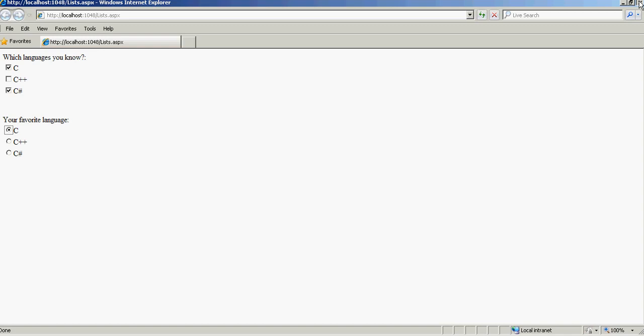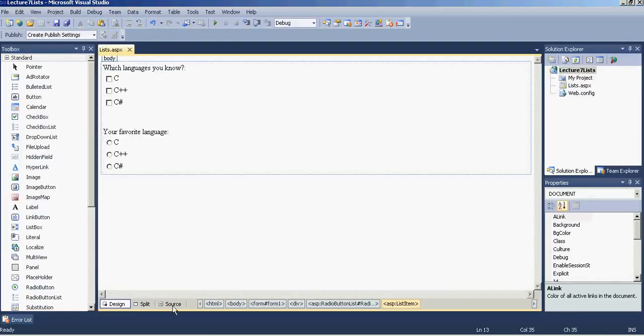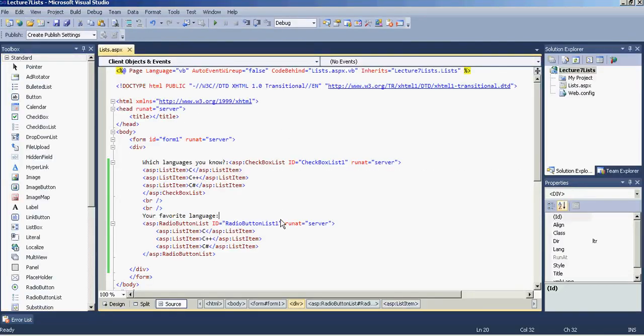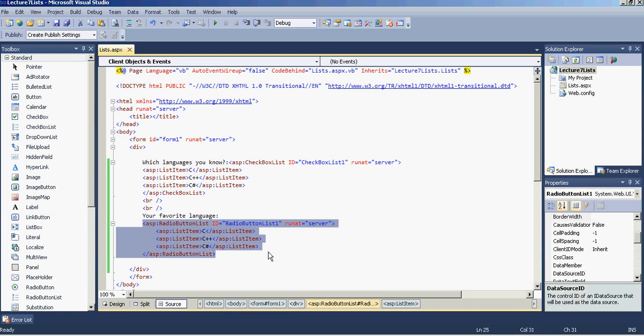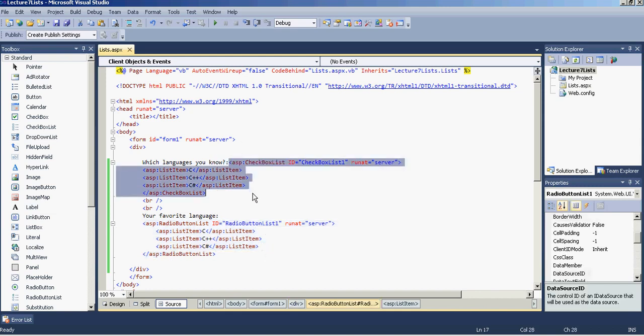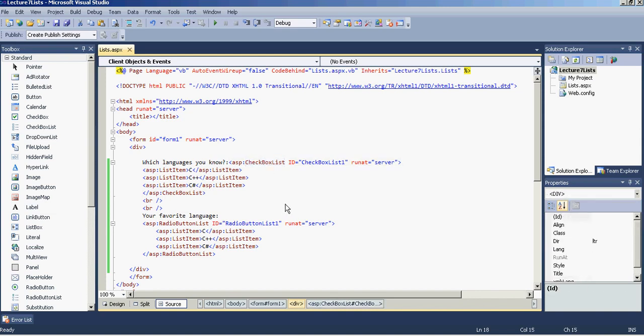So these controls are not only useful for manual placing the data, but also when you will be playing with database, what will happen, your one column has multiple cells or multiple rows. Let's say city, so which is your native city. For that you can use this radio button list. And let's say which cities you have visited, so over there you can use checkbox list sort of thing, and you should be able to play with it. Now if you want to figure out which are the checkboxes clicked and which are the radio buttons clicked, how you could do that, that we will do next.